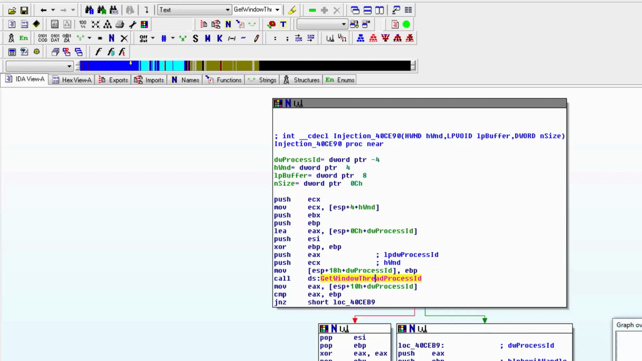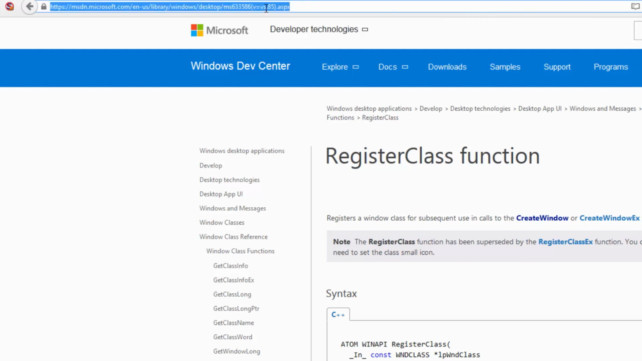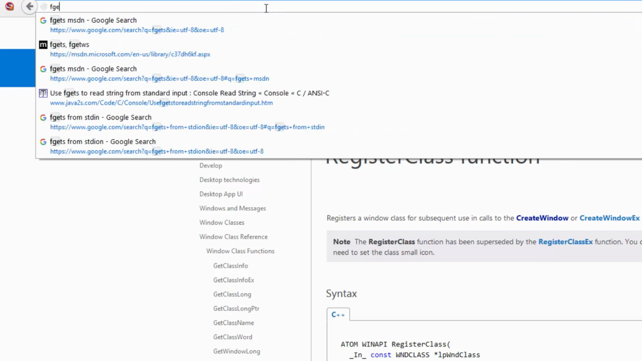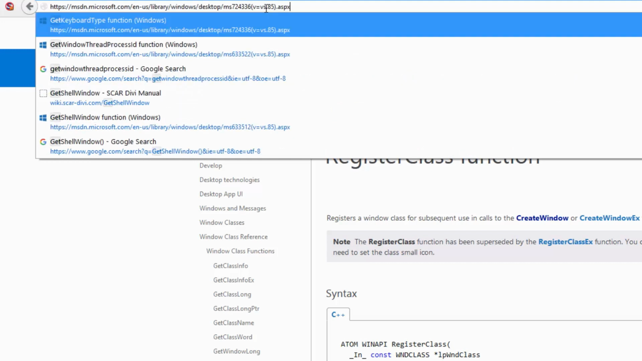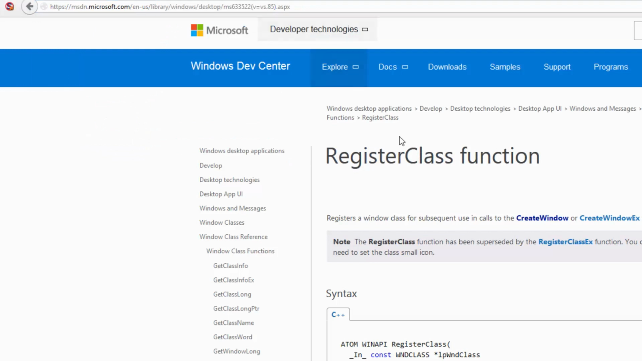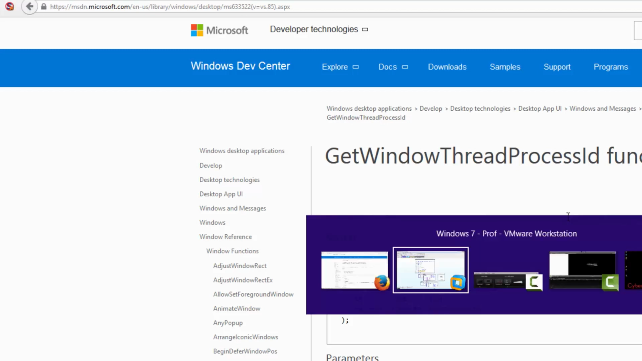I know what it is, but if you don't know, don't hesitate, just go to Google. I always do the same, and search for GetWindowThreadProcessId MSDN. Make sure to put MSDN, and MSDN is going to say, okay, so you will need a window handle that we know, and then it's going to put in a buffer the process ID related to the thread that created that specified window. Okay, so we know that,